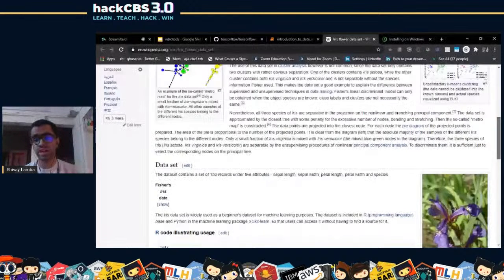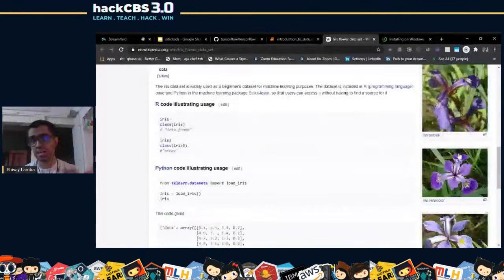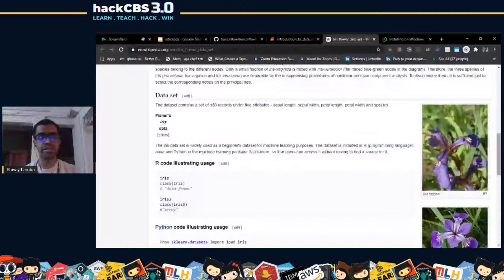So it's the iris setosa, iris versicolor, and iris virginica, and all of them you can actually differentiate between based on the number of petals and sepals. So just to give a brief example,